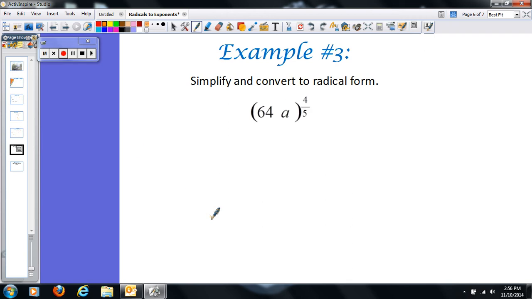So when we go to example number 3, this time we're going to convert to radical form, and I'm going to use a to the m over n equals the nth root of a to the m power. So this would be the fifth root of 64a to the fourth. Okay? And then when I simplify,